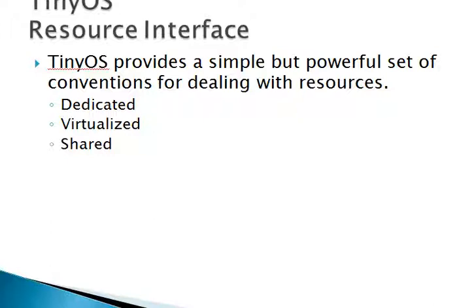Virtualized. Every client of a virtualized resource interacts with it as if it were a dedicated resource, with all virtualized instances being multiplexed on top of a single underlying resource. The virtualized abstraction may be used when the underlying resource need not be protected by mutual exclusion. An example is a clock or timer. Next is shared. The shared resource abstraction provides access to a dedicated resource through an arbiter component. The arbiter enforces mutual exclusion, allowing only one user at a time to have access to a resource and enabling the client to lock the resource.